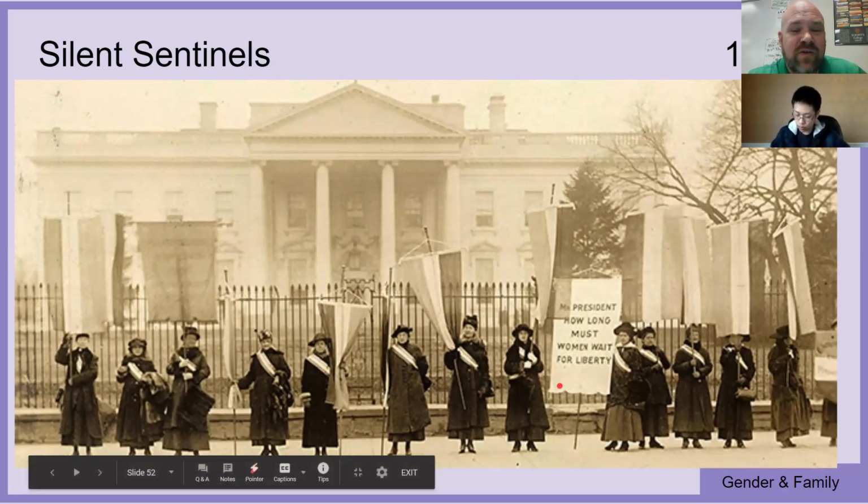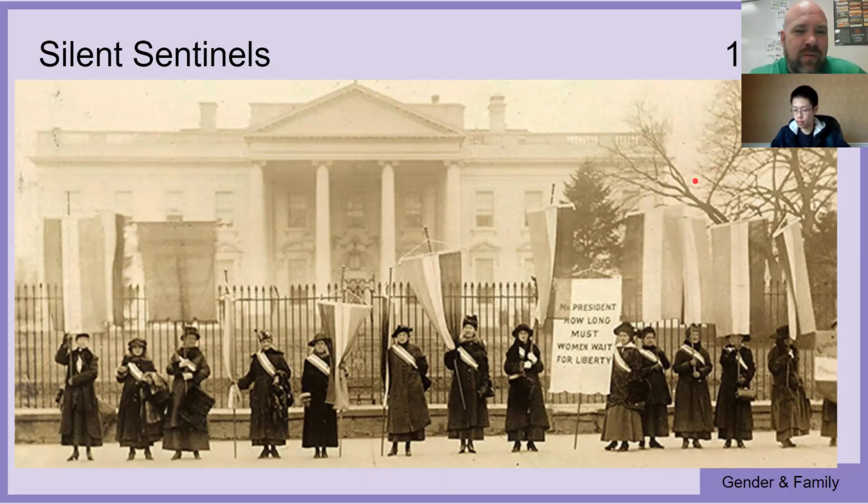Woodrow Wilson, who's the president at this point in 1917, is a very, very conservative president. He does not support the women's rights movement, the women's suffrage movement. He does not support any of those things, right? He is a supporter of the KKK. He's a supporter of a lot of this other stuff. He's a very conservative guy. And he hates these women in front of his house. He hates them protesting, right? He complains about it all the time.